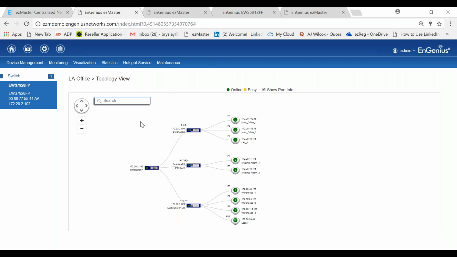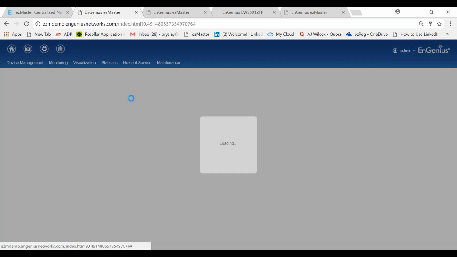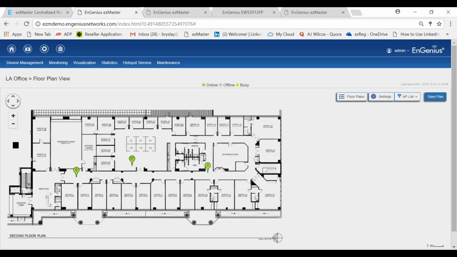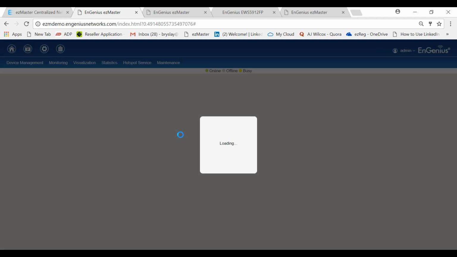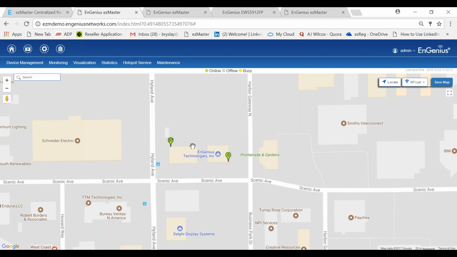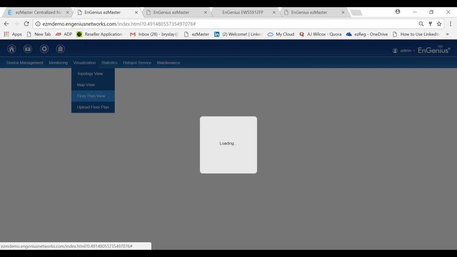Now you can look at it in a topology view, or you can look at it in a floor plan view. And again, you're getting that light status, that indicator, letting you know if it's up or down. You can go to map view. Map view you would probably use more in a campus, maybe in an outdoor environment. But you can use map view and you can drag and drop icons where the access points are located. Again, if I go to floor plan view,